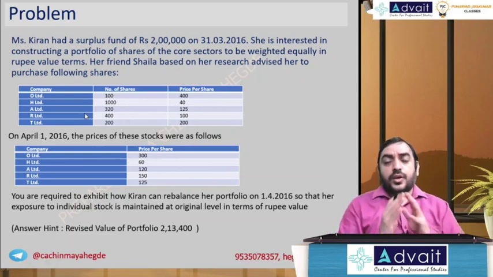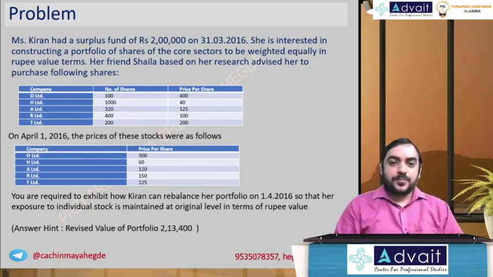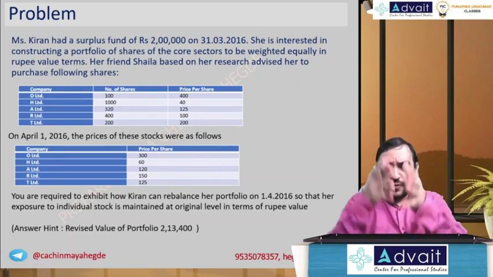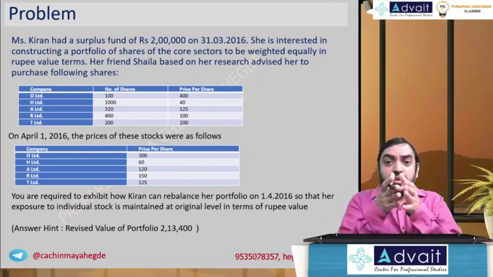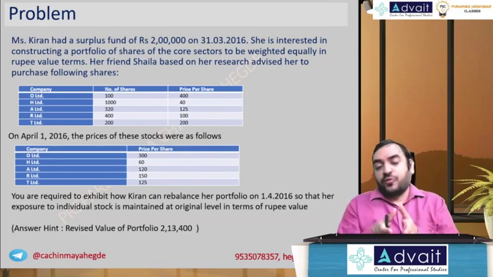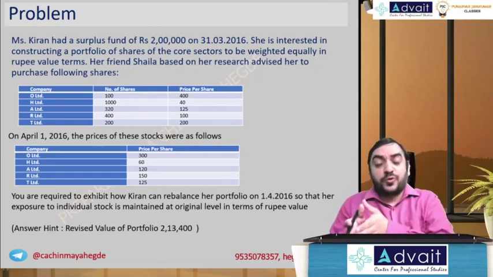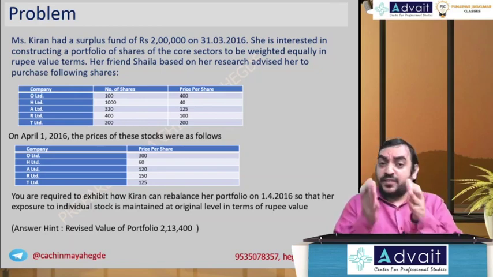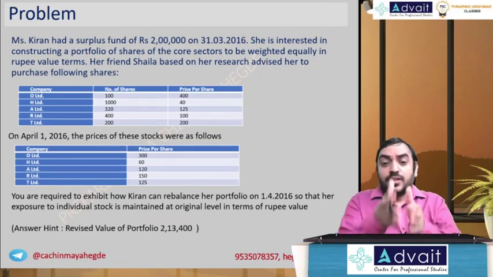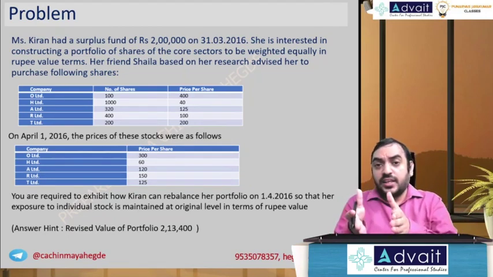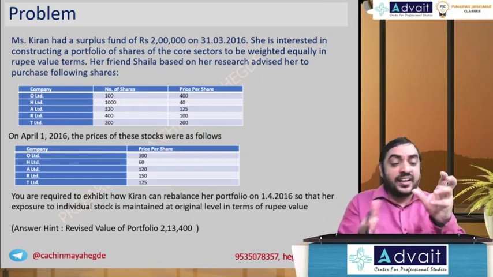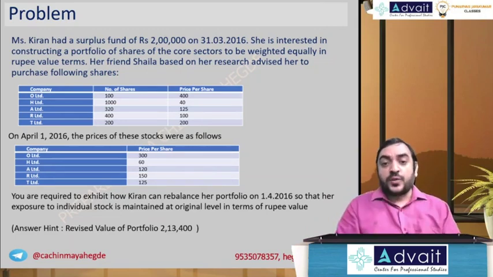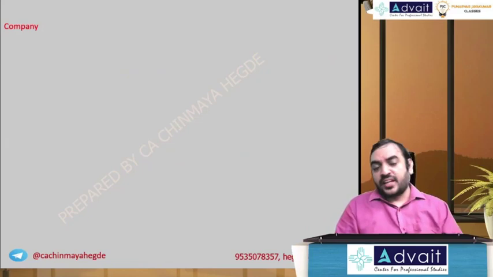Okay. What process we are going to follow is this. We will calculate number of shares into the market price. That will give you the value. Now, this will be our current value or current portfolio. But we want to revise the portfolio. What is our revised portfolio? Based on the objective. In this problem, the objective is equal weights. So you compute the value, then you realign, that is, equally allocate. Then you see the difference between the current and target, whatever the difference may be, plus or minus. I'll explain to you how it works. So first let me explain, then you can take it down.